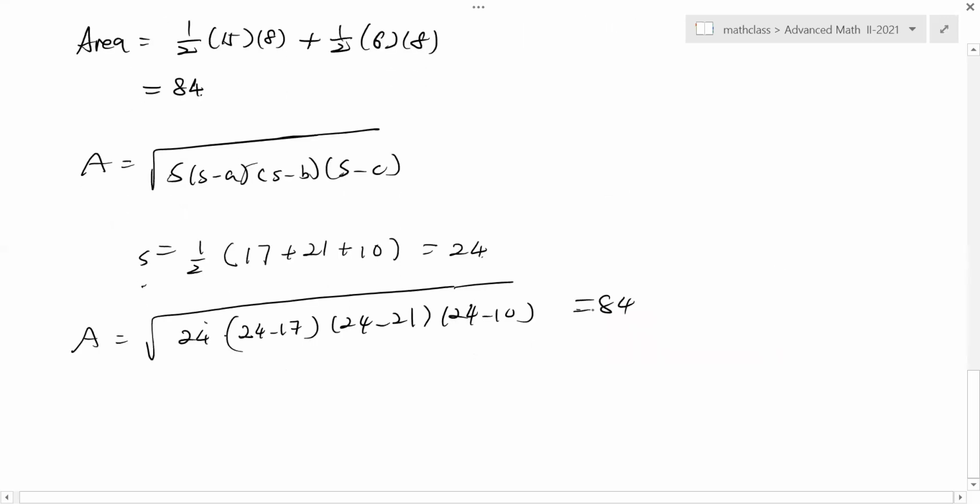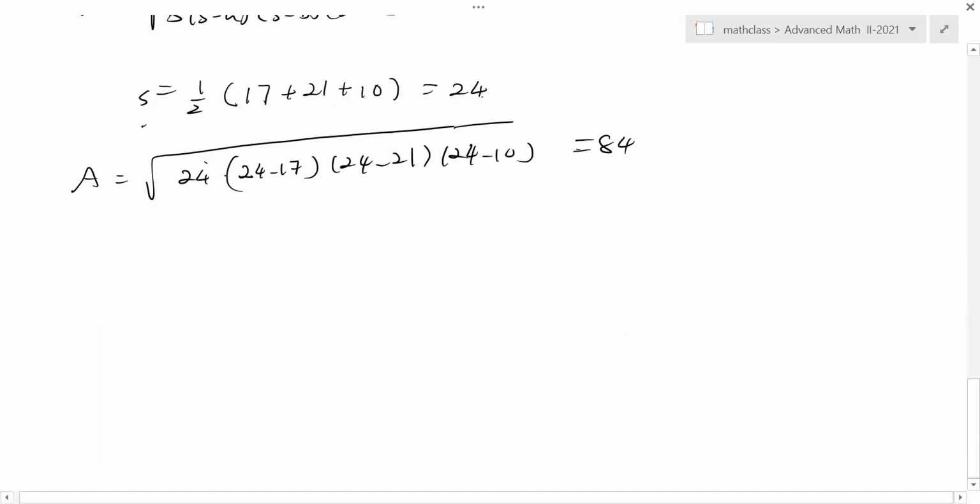All right. So I just said that if you memorize those special right triangles, then it can help you to solve the problem quickly. Otherwise, you have to use Heron's formula to solve this problem. Okay. So there are a couple of special right triangles. The first special triangle is